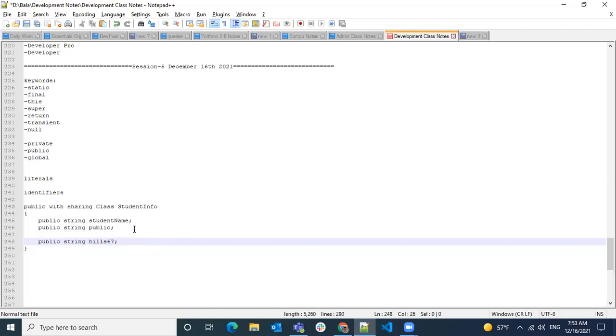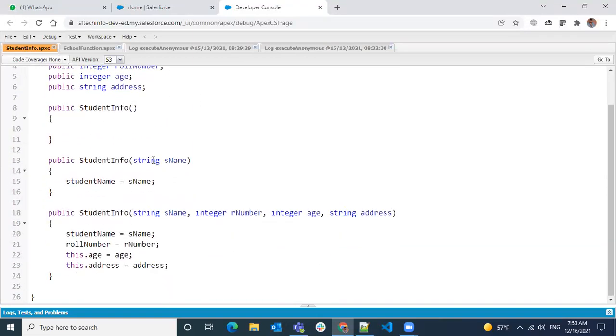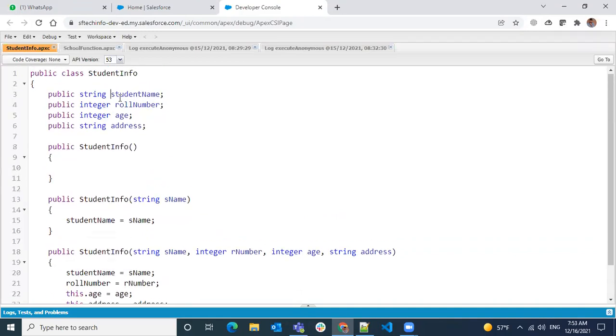There are some more points I want to cover as part of literals and identifiers, and let's see some examples. I already have a class over here. I'm trying to start with the number one and save to see whether it will allow me or not. Let's see. It's not allowing me. So if I give one underscore,